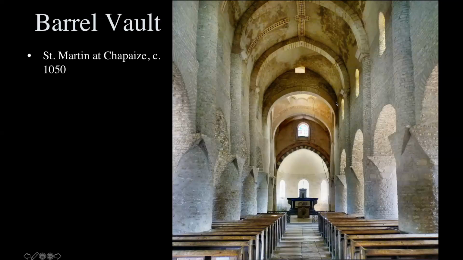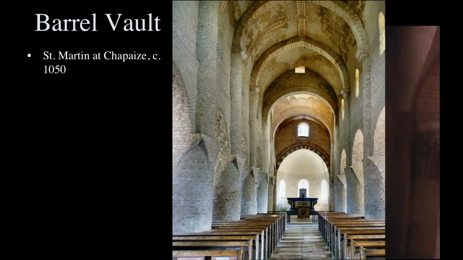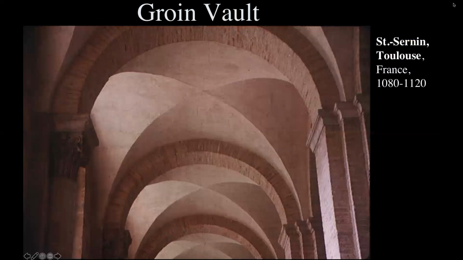So this is a pretty typical barrel vault, a heavy one at the time, and maybe a little bit overbuilt. But that's a barrel vault. So it's just you take a regular arch and just extend it out. And then this would be a groin vault. So they have an aisle coming this way and then an aisle going down. And when they meet together, you have that X. So just like we saw in ancient Rome.